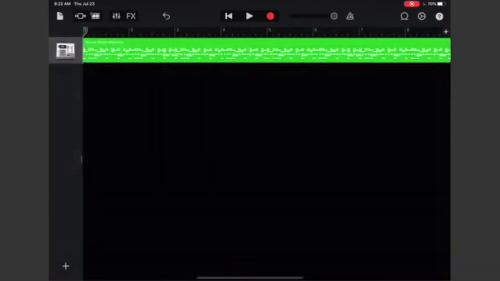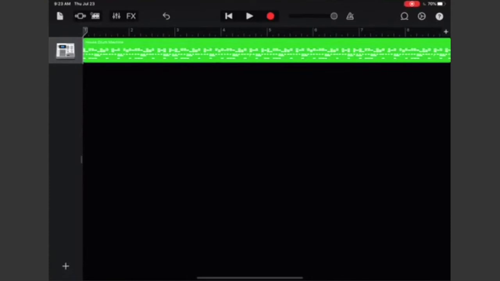This is the coolest thing about GarageBand. You have up to 32 layers of instruments and sounds that you can lay into a song. 32. So these can come in at any time. You can edit them. You can change them. There are lots of tutorials out there. You can learn how to do a bass drop. I'm going to show you where you would go to do a bass drop.